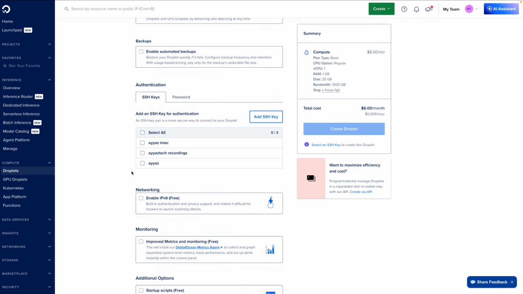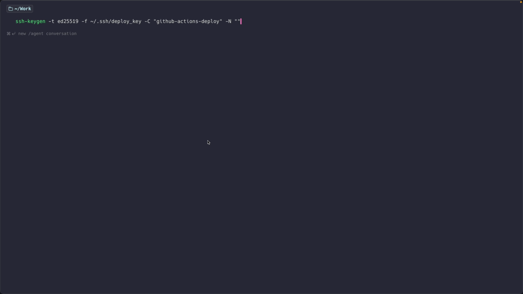And here I already have generated and added my SSH keys. So I just have to select and create the droplet, but I also want to show you how you can do the same, because this is the same key that will be used in the GitHub repository settings. So let me open a terminal first. Here I will run this command